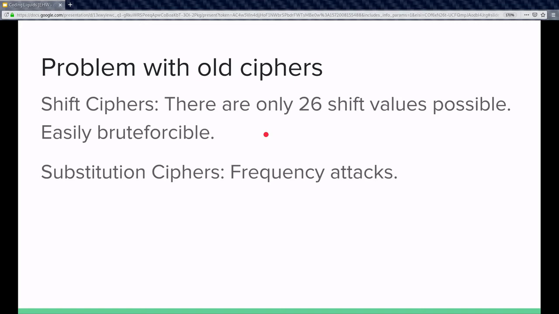So let's go to substitution ciphers. This works like this: a letter A is substituted for a letter, say B, and a letter B is substituted for Z, a letter C is substituted for F. So there's an entirely different substitution for every letter in the alphabet. So basically in this substitution cipher there would be 26 factorial shift values possible. So this is a really huge set, and this could have been a good cipher,